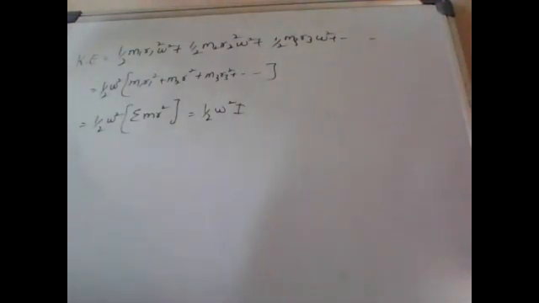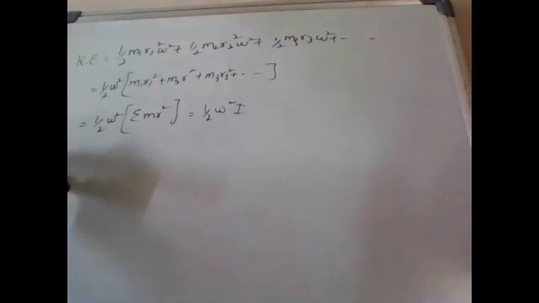So here I equal to summation m into r square equal to the moment of inertia of the body about the axis of rotation. So the moment of inertia of a body about an axis is defined as the sum of the products of the masses of the individual particles and the squares of the distances of the respective particles from the axis of rotation. Kinetic energy equal to 1 by 2 I omega square.